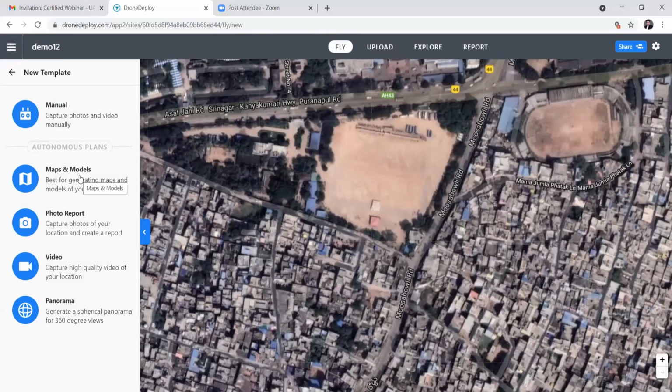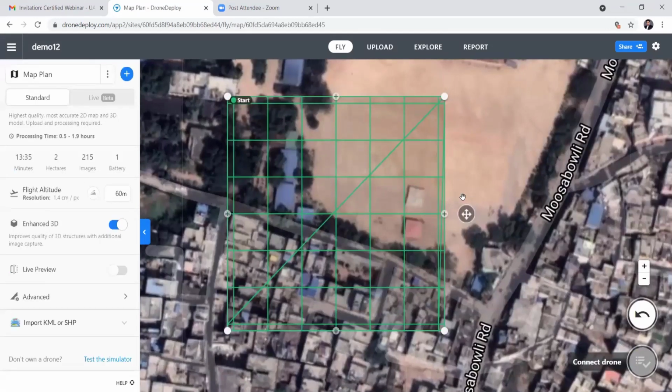Here there are two options. We can make the planning here, or otherwise, if you have any vector data like a shape file or KML file, we can import that so that it will come accordingly. Here I'm just planning.